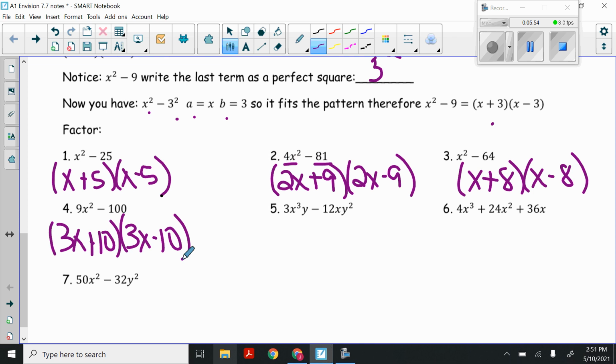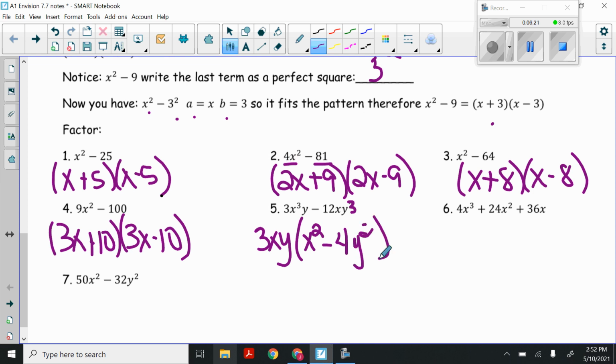Number 5, 3x cubed y minus 12xy. This should say y cubed right here. These are not perfect squares. So the very first thing I want to do is greatest common factor. What do they both have in common? I can pull a 3 out. I can pull an x and a y out. When I do that, this becomes x squared minus